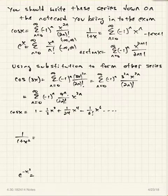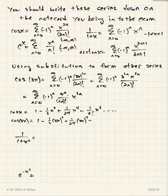Okay, and so cosine of 3x. Sometimes you'll see it done this way, where the 3x is just substituted in for each x value right here. So we're simply using substitution, and within the intervals of convergence, this is going to be okay to do, right? And so you'd have that written out like that, and then you could finish that up and write this